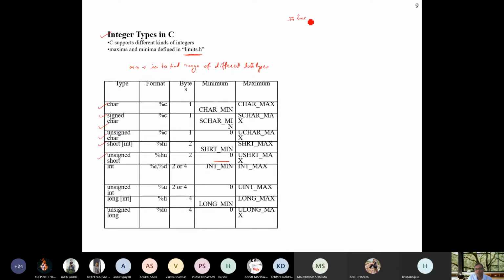Just write this program as usual. Include stdio.h. Then next line include. There is a question: which file is available for you to check the limits of data types?